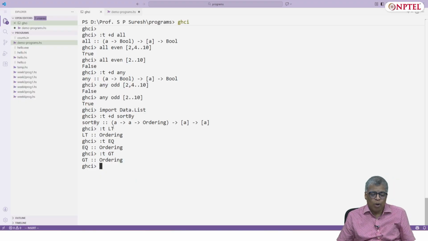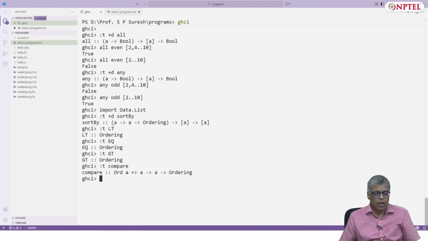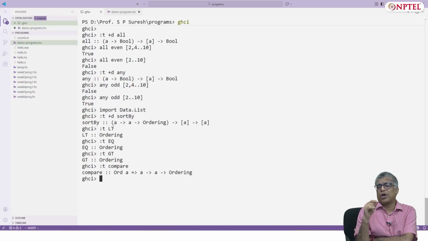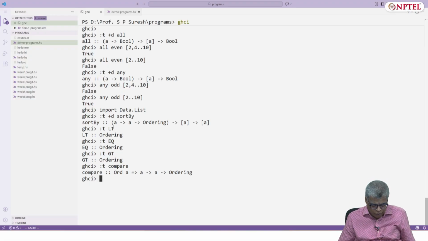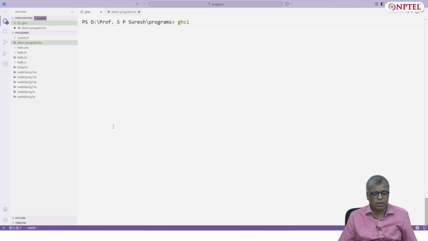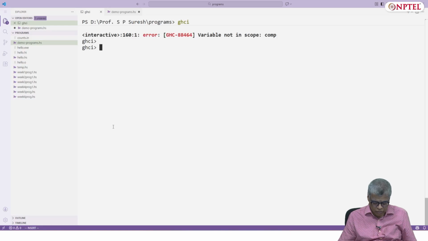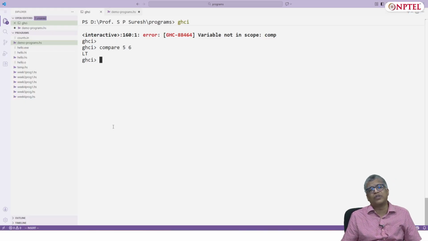Okay, so what is a function that produces values of type ordering? It's called compare. Okay, let's just define. Look at the type of compare. As long as A is an orderable type, it will take 2 values of type A and produce a value in ordering. Let's look at a few examples. Compare 5 6, let's say, is LT. Rather than saying true or false, it will give this value from ordering. Compare 6 5